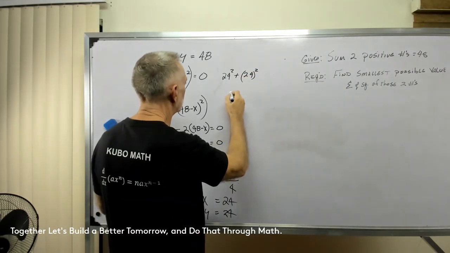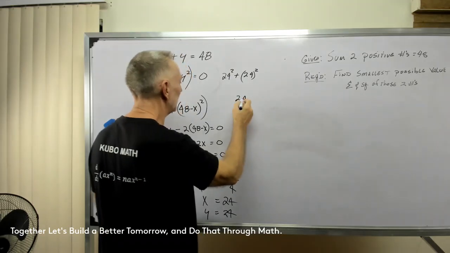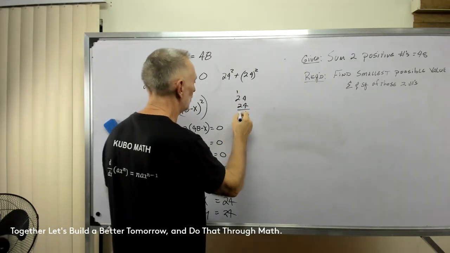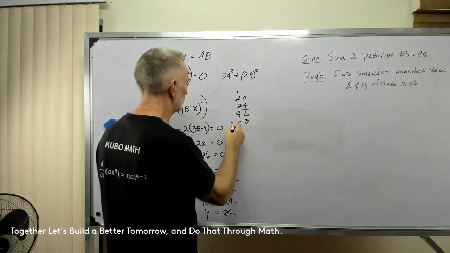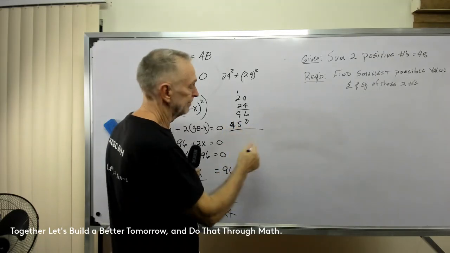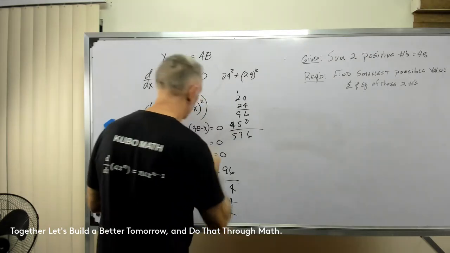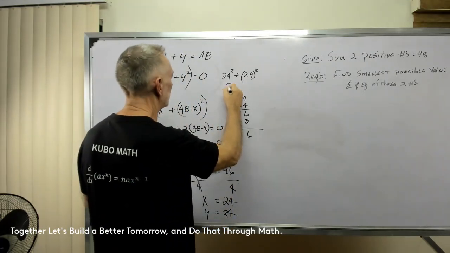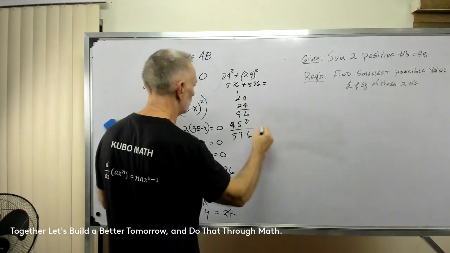And I think that was 24, I forgot what the number was. 4 times 2 is 8, plus 1 is 9. 2 times 4 is 8. 2 times 2 is 4. So 576. Okay, so we have 576 plus 576 equals